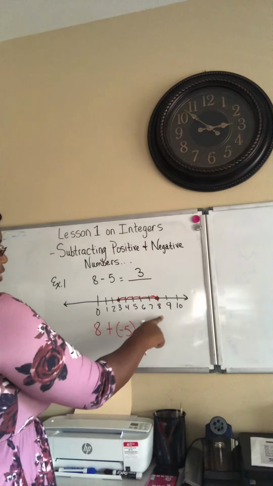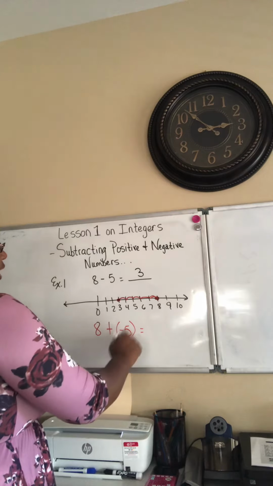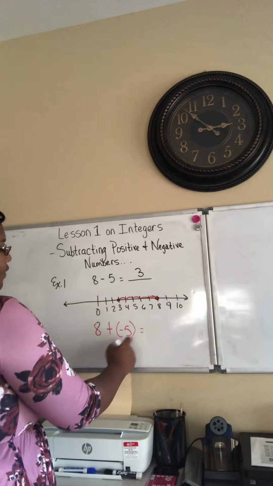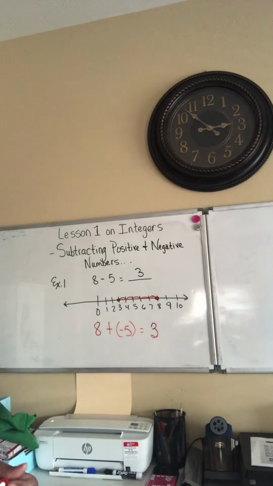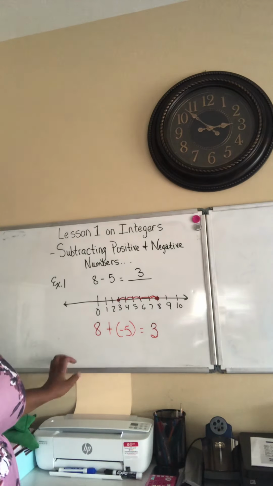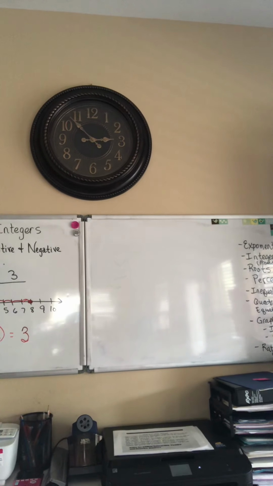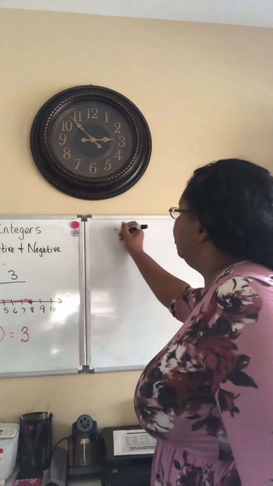Now if we were adding this, again, we would start at the 8. This plus tells us to keep moving. We're going negative 5, to the left, negative 5, and so we'll end up with a positive 3. Okay? Now, I want to show you something. I'm going to adjust my camera, and then I'm going to explain how this works because there's a little trick in here. So let's say you have, as example 2,